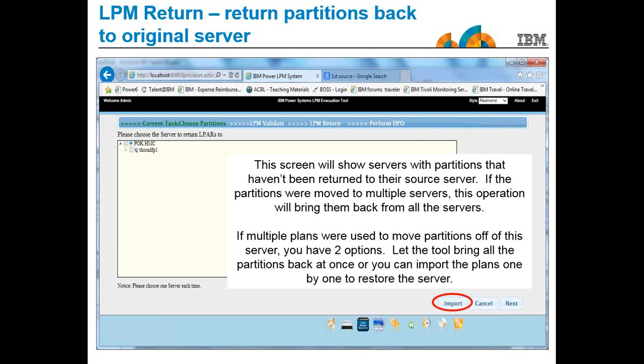So we bring them back so you can spread your LPARs across 5 or 8, 10 servers, and then we bring it back. We build it back just the same way it went out. And this thing here has also got a circle around import. I haven't talked about that yet. I'll get there in a second, but you can actually save your plan in an Excel spreadsheet, edit that plan in an Excel spreadsheet, not even use the tool at all, and then this tool can read in the Excel spreadsheet and will recognize your changes and do what you asked it to do in the Excel spreadsheet.